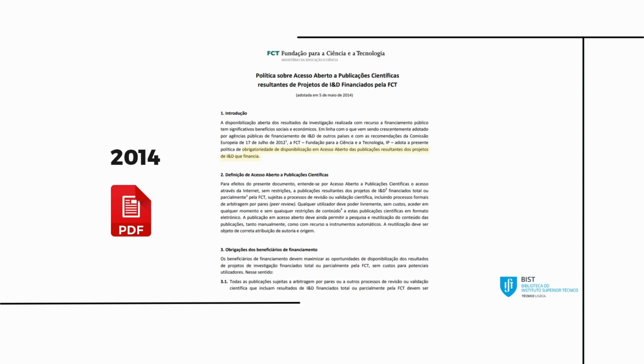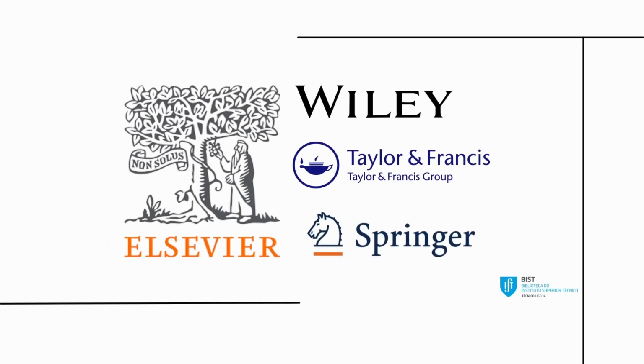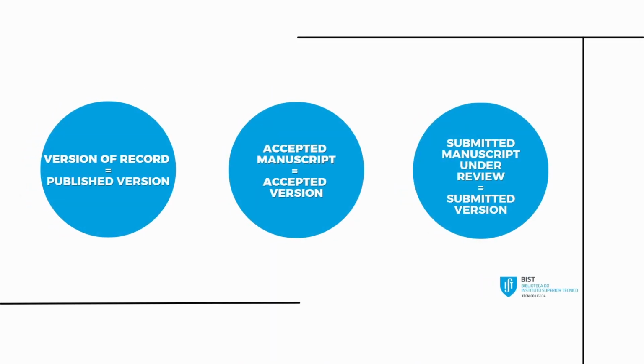To comply with this guideline, it is necessary for all authors to associate files in Scholar with all records that are in these circumstances. However, authors must take into account the contractual arrangements made with publishers and the rights retained by them. In this context, authors basically have three deposit options: the published version, the accepted version, and the submitted version.